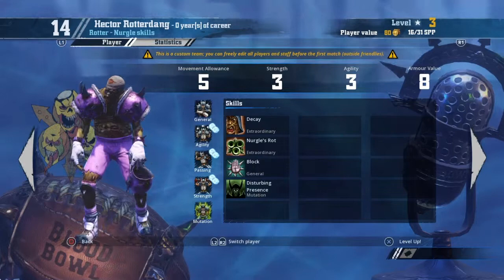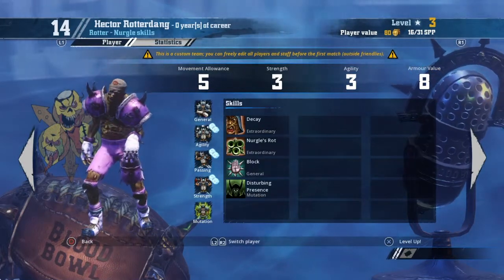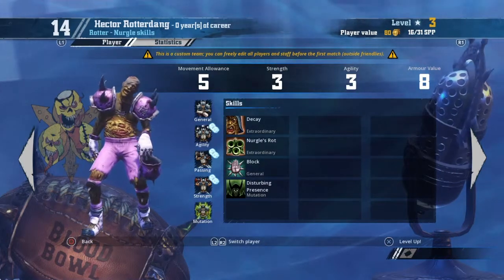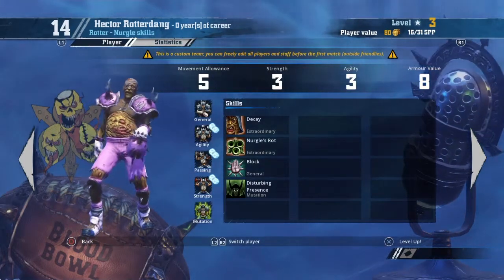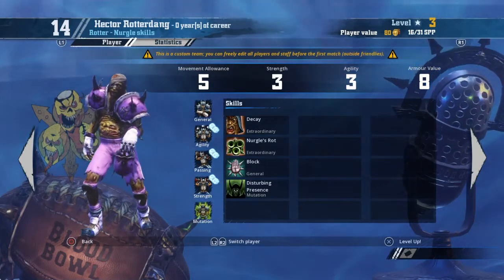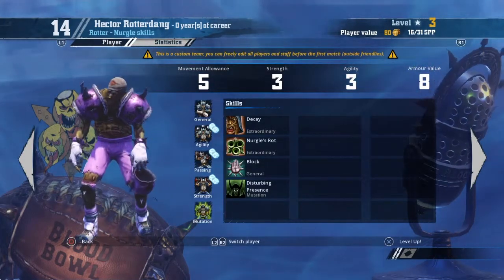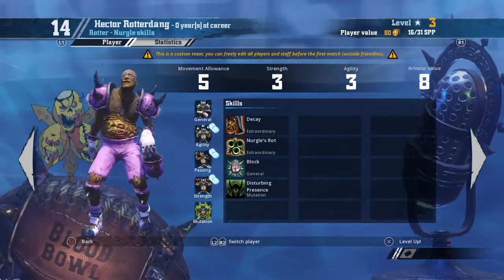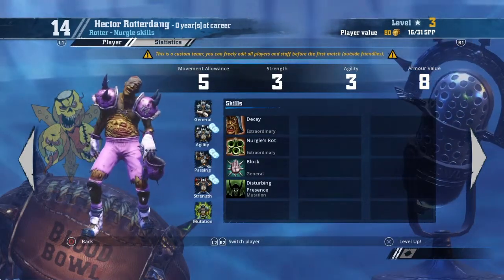Now, here's an interesting one. So, you got block, fair enough, and then disturbing presence. But Bernie, I've already got 5 disturbing presences in my team. Why would I want more? Well, simple as your Nagle warriors are going to be in the middle roughly, or they're going to be if your opponent's coach is good enough, he's going to be splitting them up left, right, and centre. So if you've got a couple of these bad boys running about,